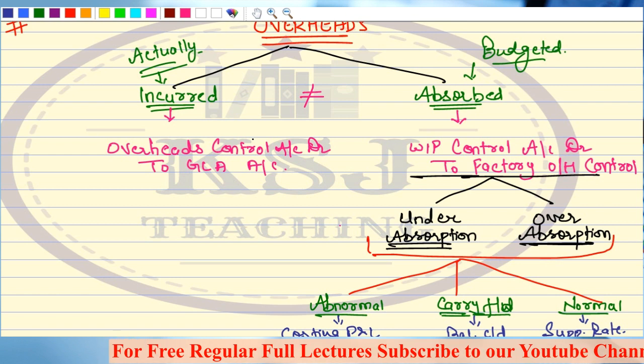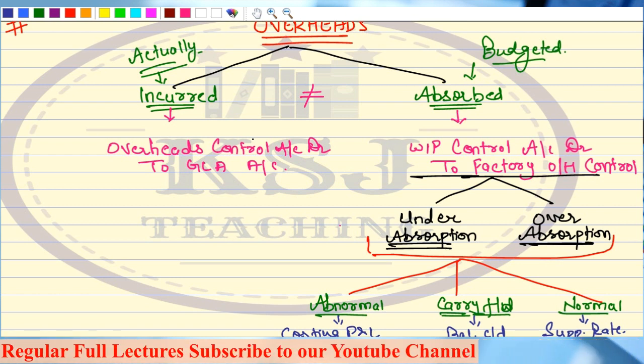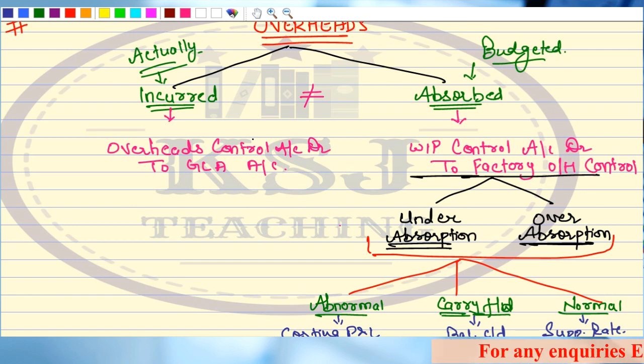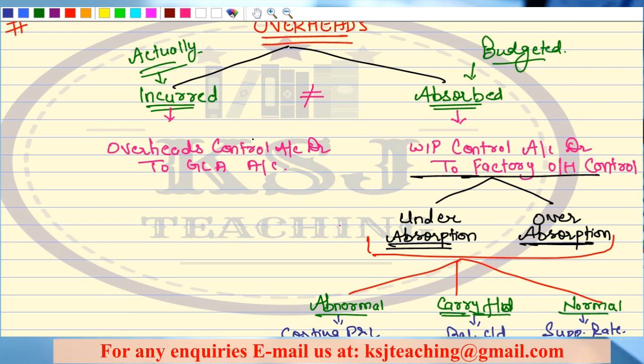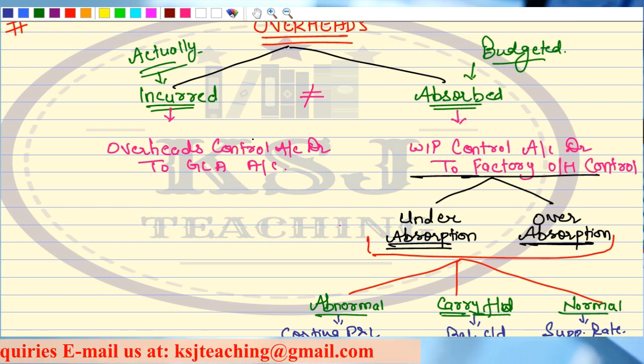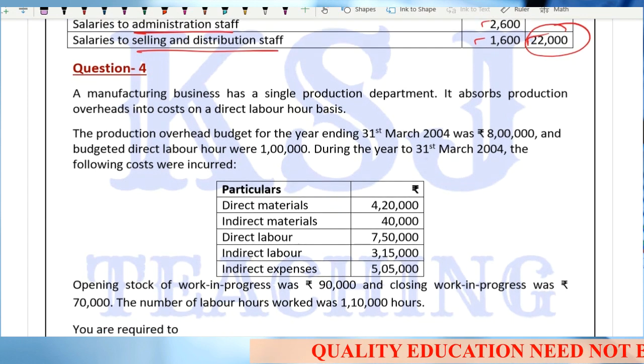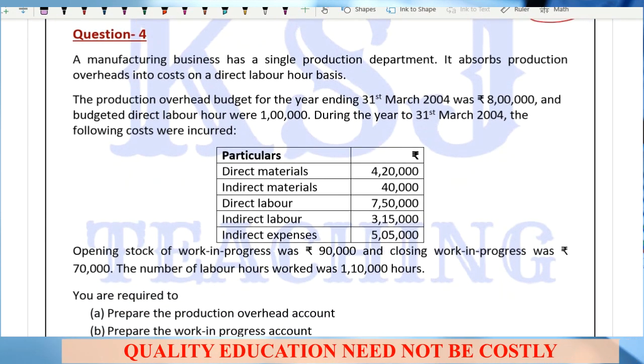Now let's continue with the overheads part. Overheads are divided into two parts, incurred and absorbed. So basically two entries: one is related to the actually incurred, and the other one is the absorbed into the 1 unit of finished product. In the absorption, there can be under absorption or over absorption of overhead. We have already discussed all of it, and the journal entries regarding the overheads. In the last lecture, I told you that we'll be doing one question on overheads before we come to the last topic of finished goods, right?